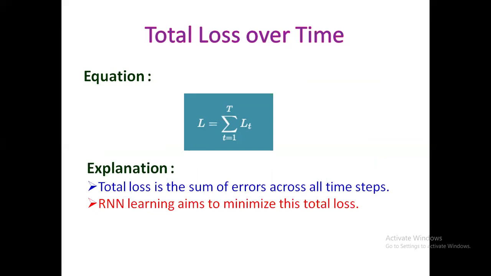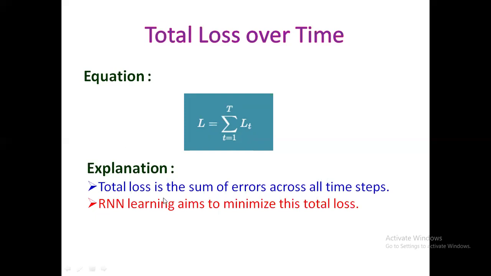So in this case, the equation is given by L is equal to summation t equals 1 to T of L_t. That is, in an RNN, errors can occur at multiple time steps, and the total loss is calculated as the sum of losses across all these steps. The objective of an RNN is to minimize this total loss so that the model performs well consistently across the